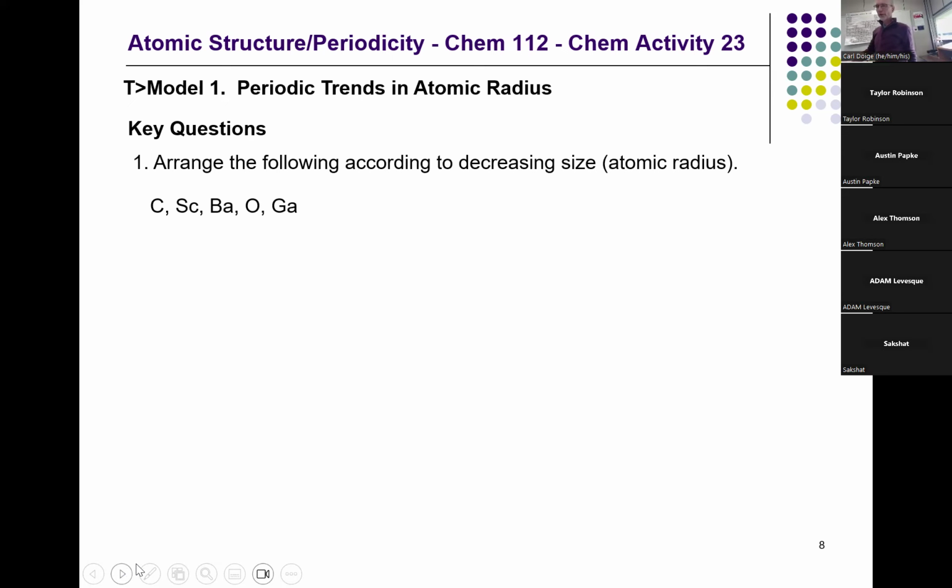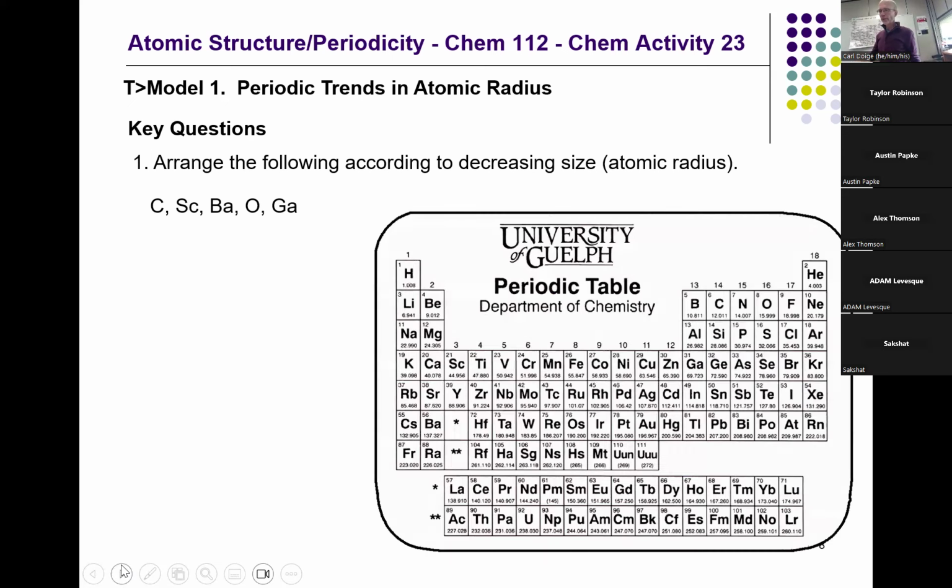Hopefully you've gotten started, but you might be doing something like this. I also did this in case I didn't have my periodic table. So I've got a little small periodic table card here, which I got many, many years ago when I was a grad student at the University of Guelph, and I kept that. Anyways, you would start with, let's say, barium. And then you'd say, well, can I compare anything to barium? Well, I see scandium, I see gallium. So I know going up the periodic table, things get smaller. And going this way, they get smaller.